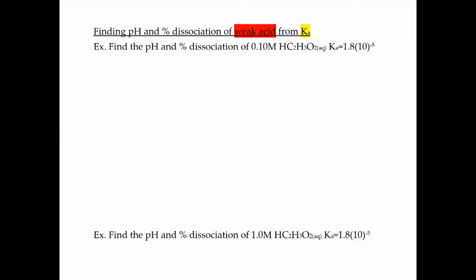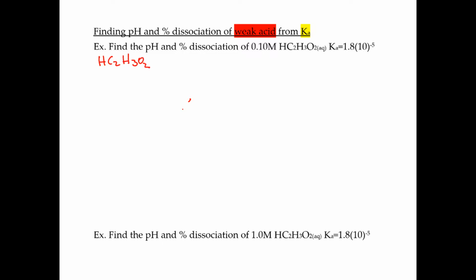Today we're on page 4 of the chapter 14 AP Chemistry Notes, and we're going to be finding the pH and the percent dissociation of a weak acid from knowing the Ka value. Whenever you have a weak acid, remember that this acid does not dissociate 100%. So whenever you have a weak acid or weak base, you're going to have to do an ICE chart. So we'll start off by writing the dissociation of acetic acid,